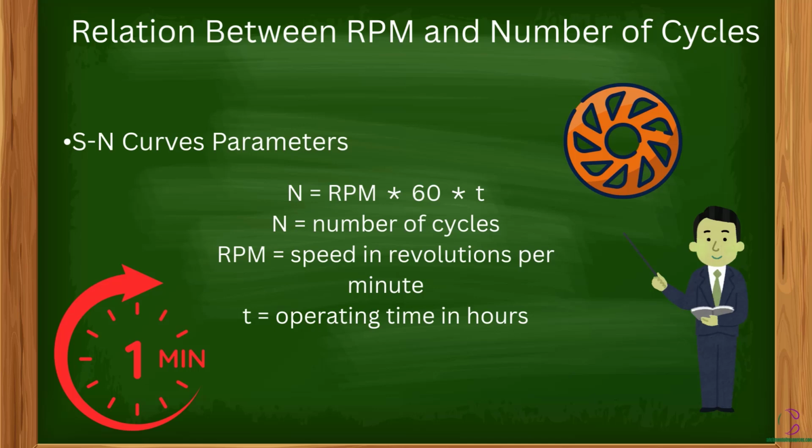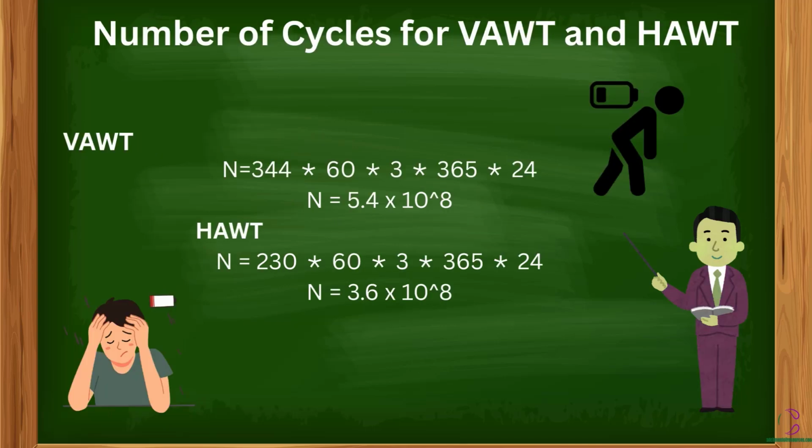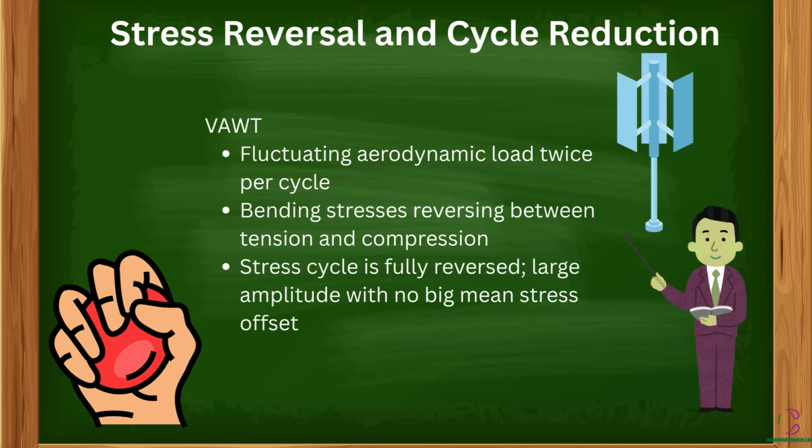So number of cycles for VAWT and HAWT. For a VAWT, with that RPM, you are getting about 5.4 times 10 raised to the power 8. And for a HAWT, you are getting about 3.6 times 10 raised to the power 8, which is still the same 50% more. But it doesn't just stop here, because when you come to stress reversal and cycle reduction, you will see that for this same number of cycles, which may look large,